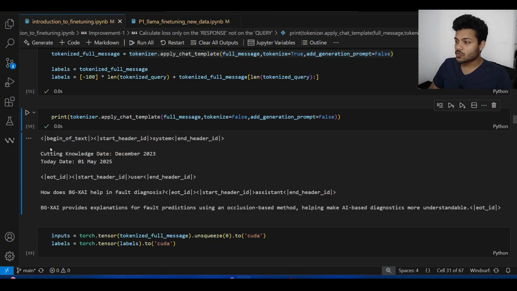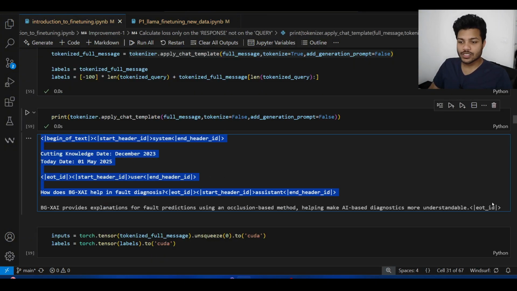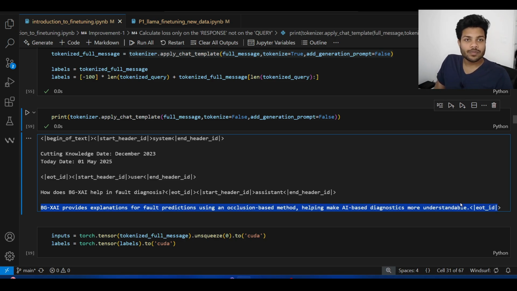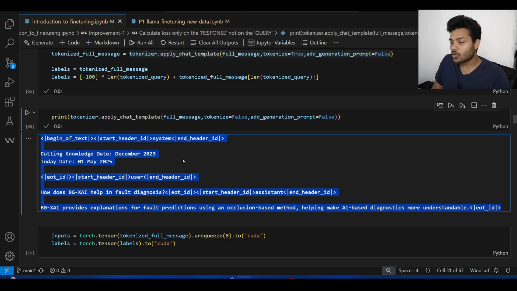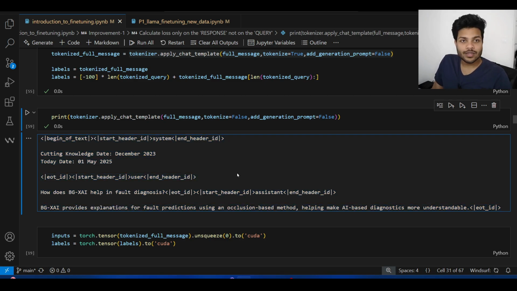For example, this is our entire message, which consists of the system message, which is added automatically, then the user's query, how does BGXAI help in fault diagnosis, and finally the response that the assistant should have produced. Right now we are basically doing causal language modeling on the entire message, but that is not ideal. Why? Because if we train the model on